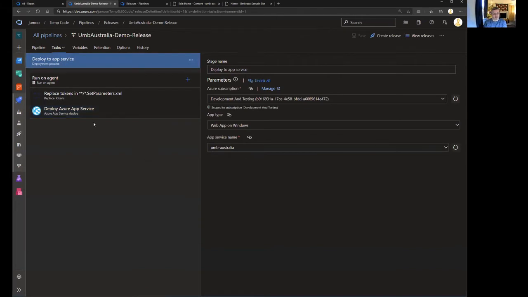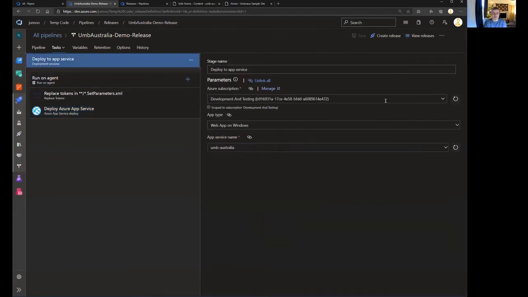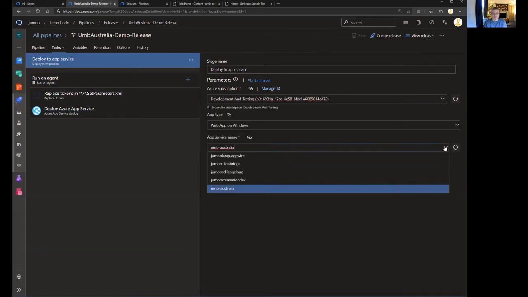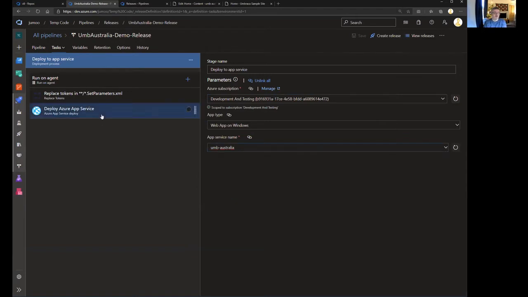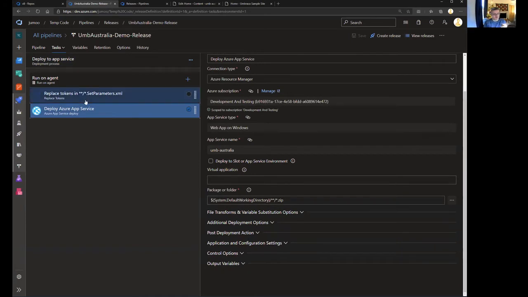And again, this is quite simple. We are deploying to Azure. So when you've got your Azure configuration, you get a load of drop downs essentially. And you say, this is the one I want. This is my Azure I'm using. This is my website I want to deploy it to. And there's a couple of little things. And the only thing that's going on to all of this that you might see is this,